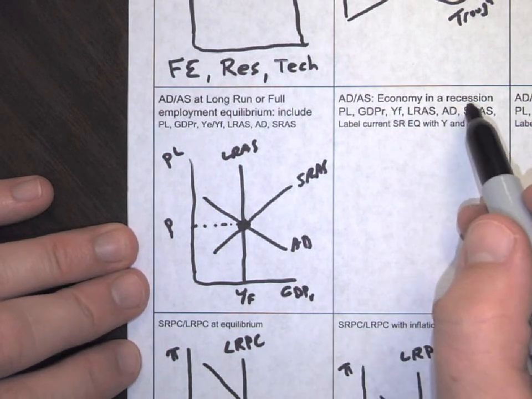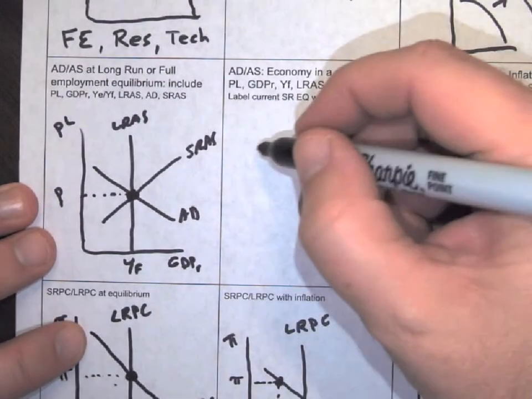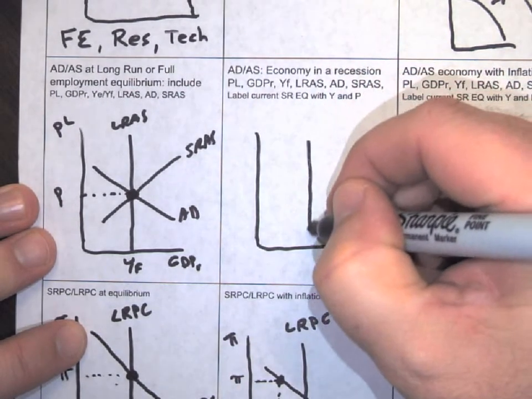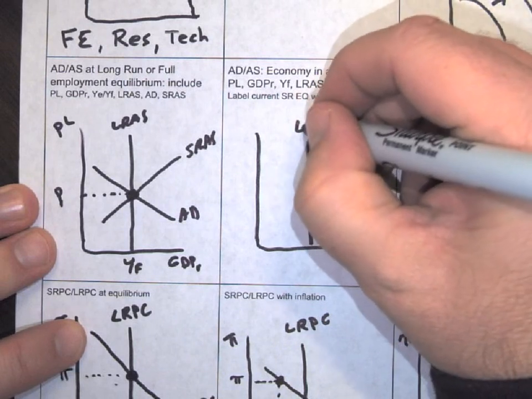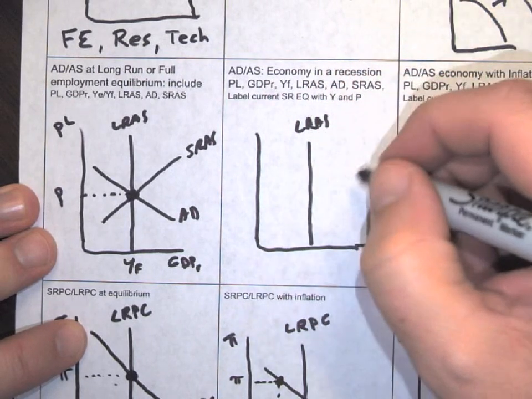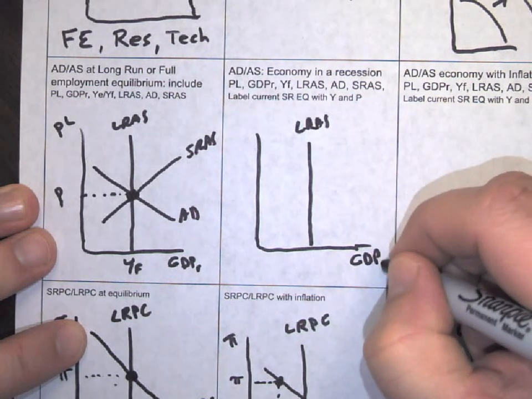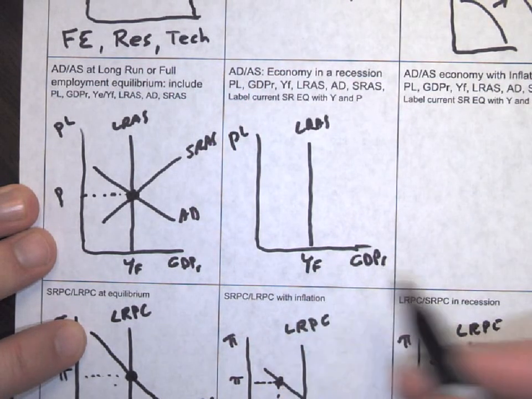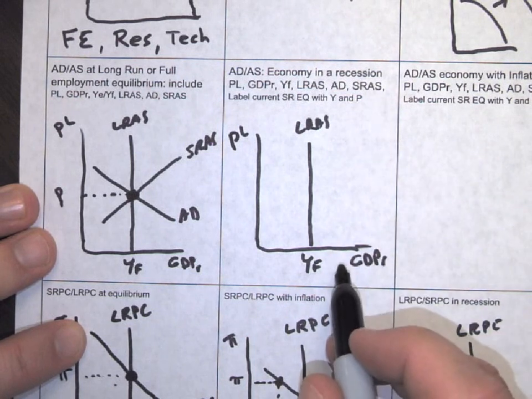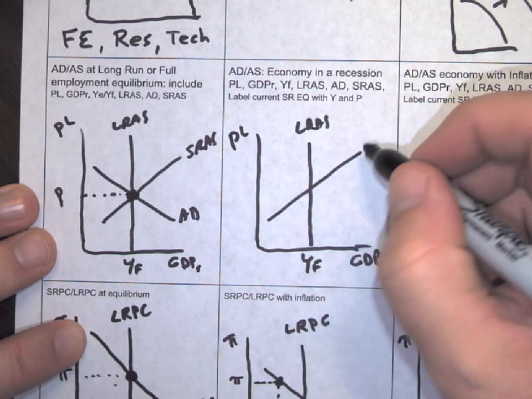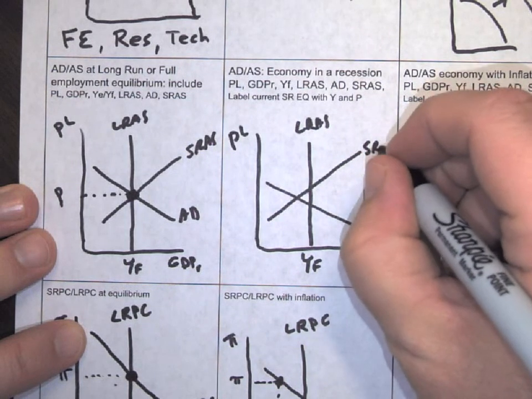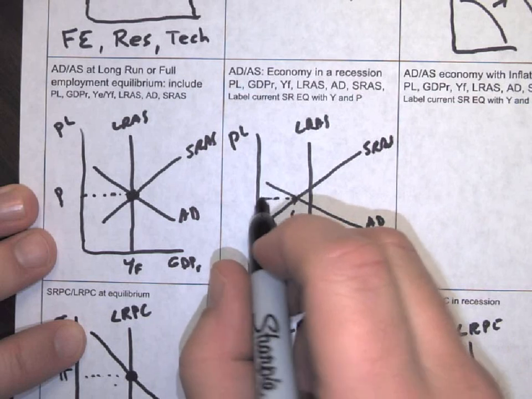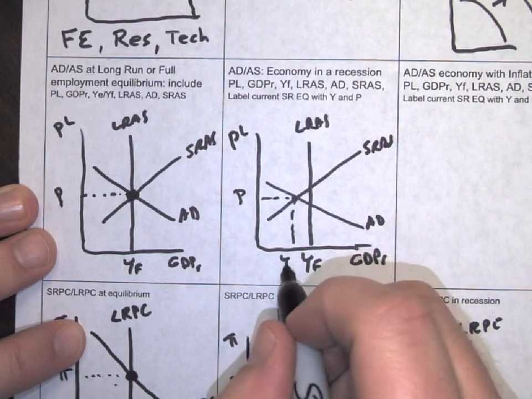Now this one's going to be in recession, where it's going to have a recessionary gap. So that means we're going to be operating at less than full employment equilibrium. So long run supply, we have our real GDP, our price level, and our full employment level of output. So in a recession, that means we're going to be operating to the left. So I'm going to have these short run supply and aggregate demand crossing at a point to the left where I have current price level and current